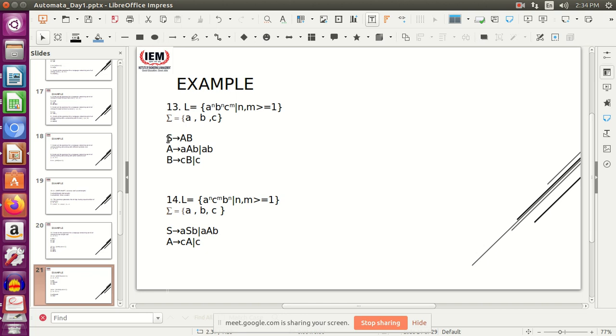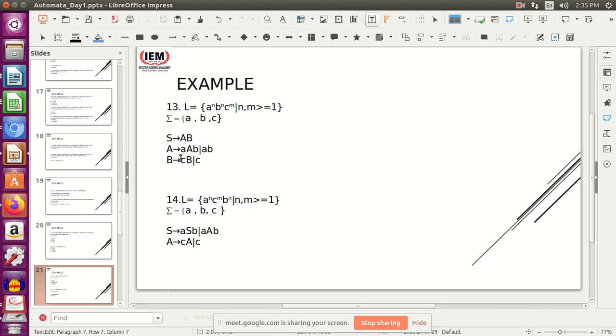At first you start with the starting symbol S, then break the string into 2 parts, one for your A to the power n, B to the power n section, that is A, and one section for C to the power m. So A is your A to the power n, B to the power n section, B is your C to the power m section. Again A can be broken as A tends to aAb, that is to guarantee that the number of A's and number of B's are always equal. You have already done this, so I am not explaining. This portion you already know how to ensure a to the power n, b to the power n. I had explained it multiple times in the previous class. And the base case is obviously AB, it cannot be empty.